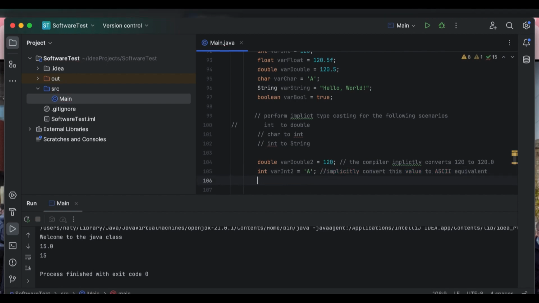Third one in this exercise was about casting integer to string implicitly. So string, let's say var string 2 is equal to "Hello, your age is", let it be like this. Then let me concatenate some integer here. So this will simply cast